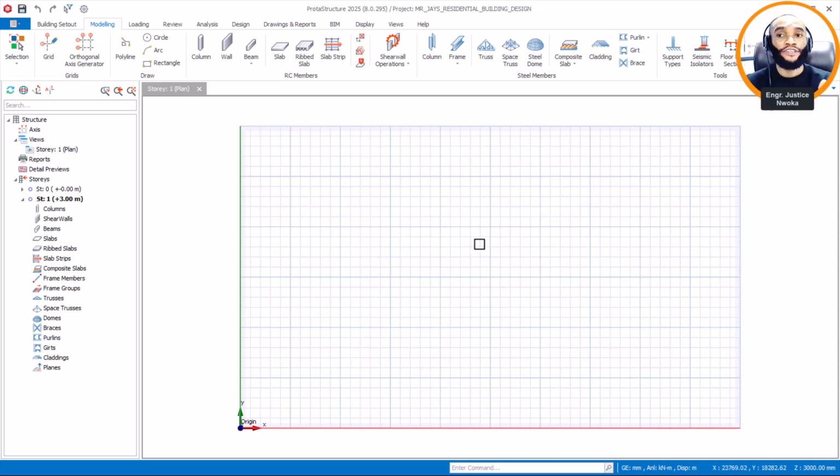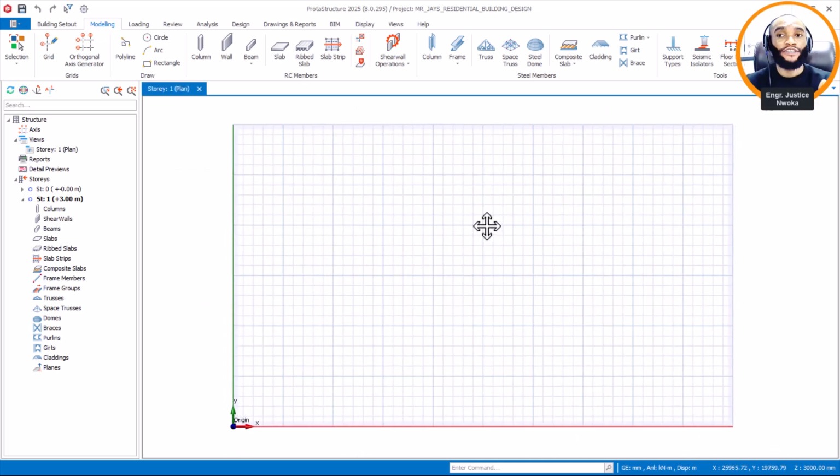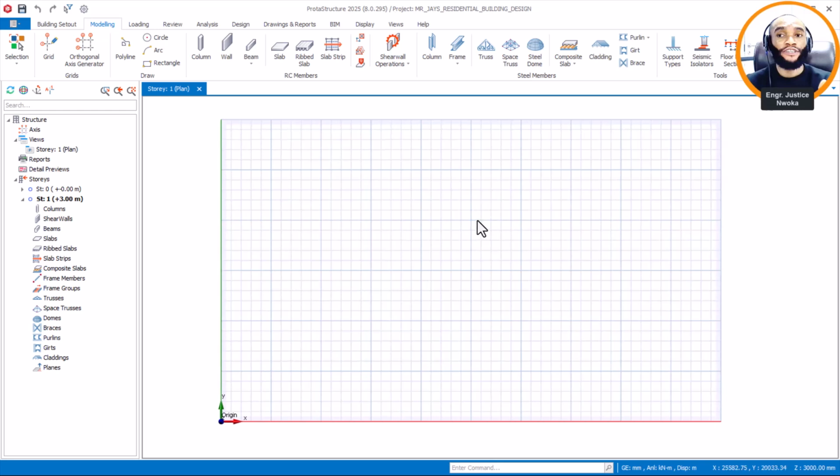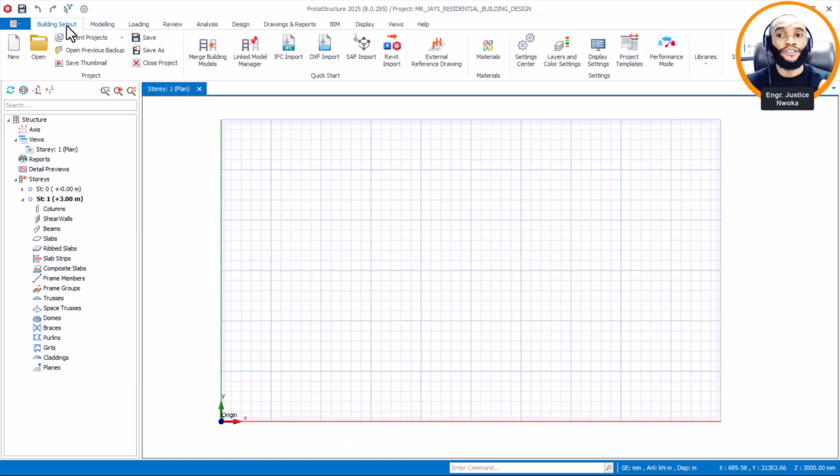Know that many things have changed here in terms of loading and all that, which you also see in this video. That's fine. So with this, the next thing to do right now is import your structural framing model that you performed in AutoCAD, or AutoCAD framing plan. So with this now, come to this place that says Building Setout. To import your building from AutoCAD